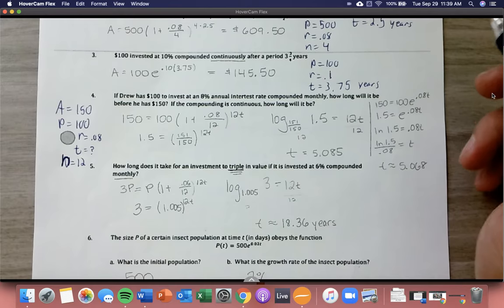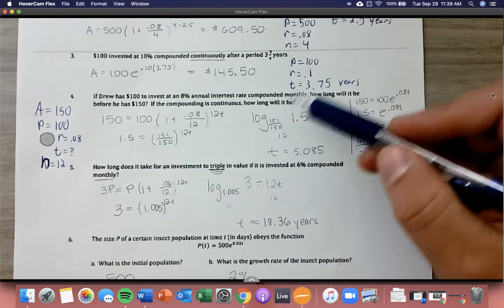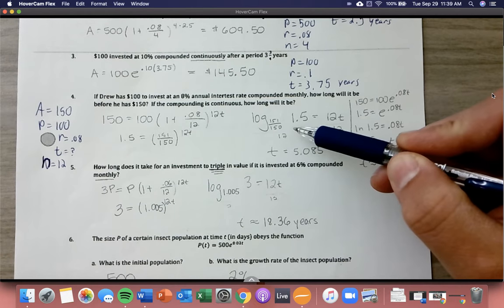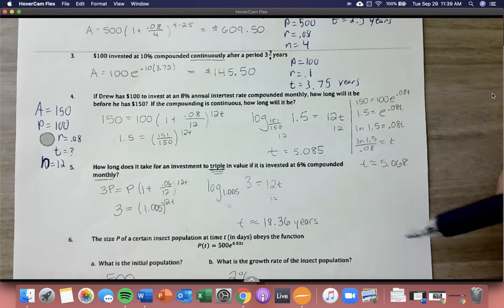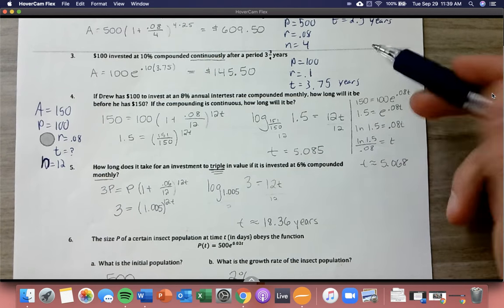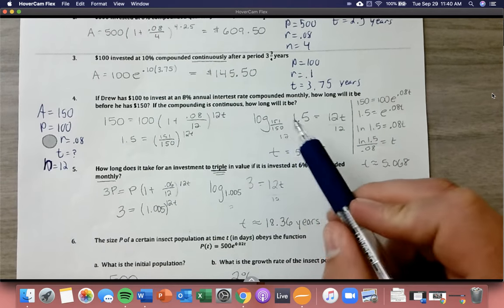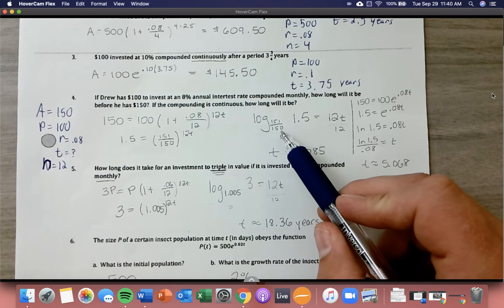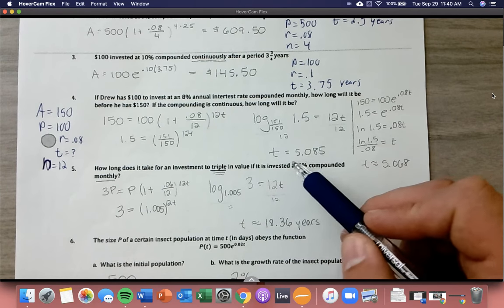So now that we have it like that, we can convert it to our log form, and we get log base 151 over 150 of 1.5 is equal to 12 times t. We can divide 12 over, so this would just be log base 151 over 150 of 1.5 divided by 12. We get this time here,